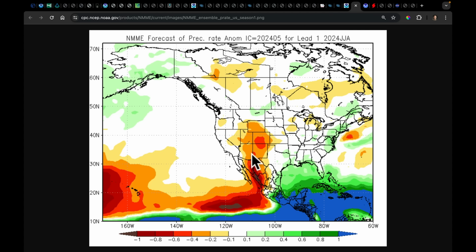I still don't think these models know exactly what this summer pattern is going to look like. I think they're very much biased to where we just saw the pattern come from, right? This is why I started with it. Where did we see the drier air coming in? The jet stream dove in like this and then ejected, and all of this stayed stormy. I think that's what they were started with, and they're trying to just see the evolution of that, also knowing